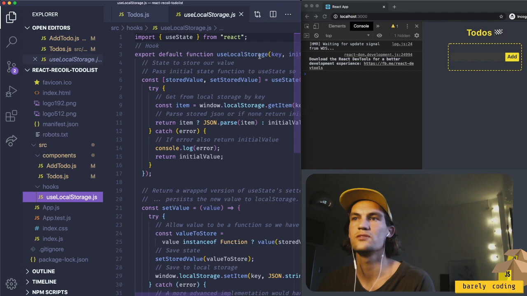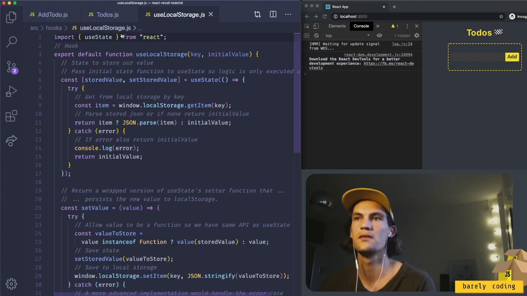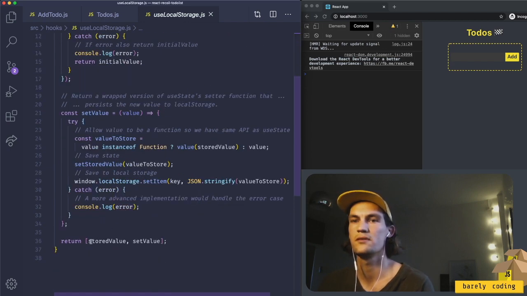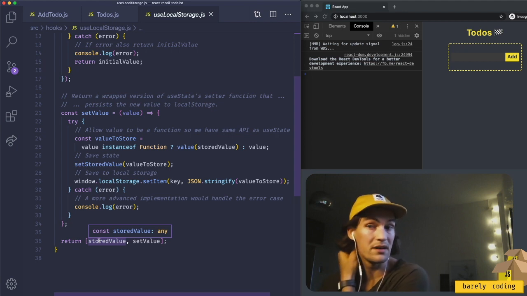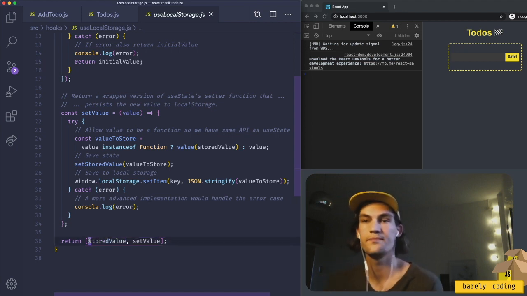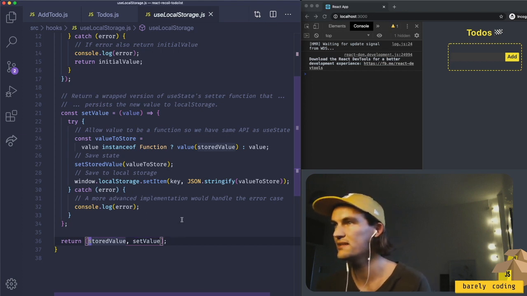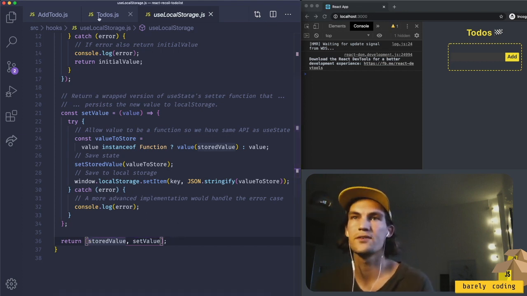It's called useLocalStorage, and you pass in a key and the initial value for that key, and if the key exists you get back the value, and you get a function to set the value. It's like a hook, like the set state hook basically. And so